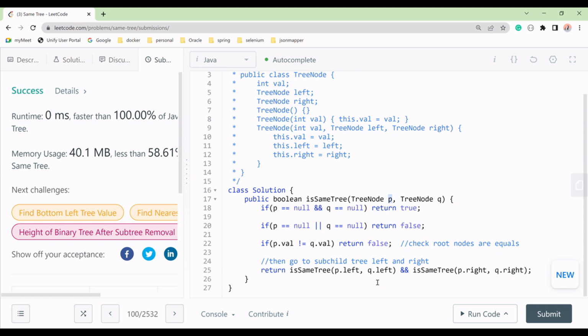So there is another approach also, the iteration. You can do the iteration way,